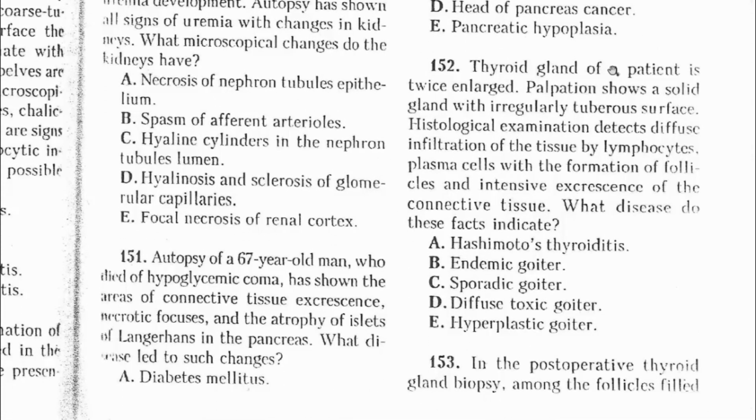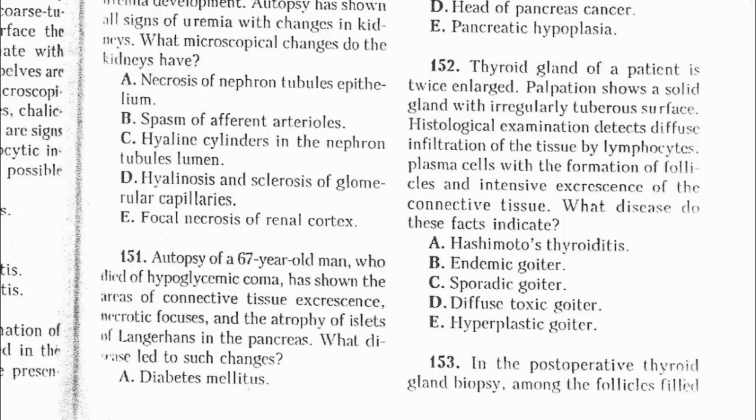All right, 152. The thyroid gland of a patient is twice enlarged. Palpation shows a solid gland with irregular tubular surface. Histological examination detects diffuse infiltration of the tissue by lymphocytes, plasma cells with the formation of follicles and intensive excrescence of the connective tissue. What disease do these facts indicate? Now, microscopically,